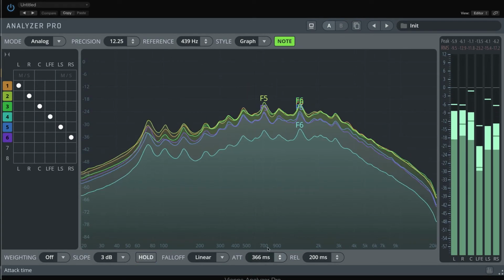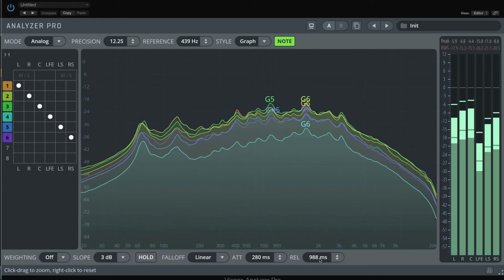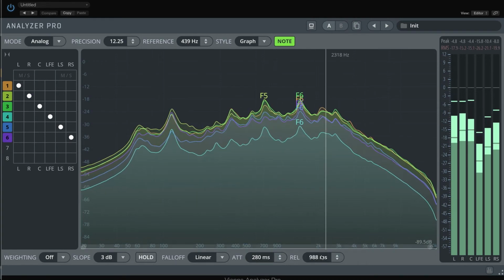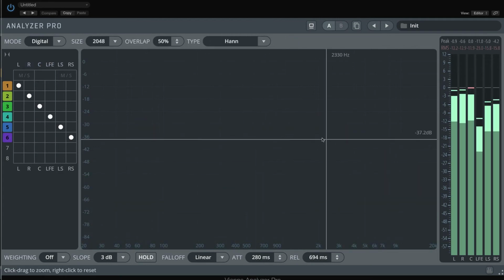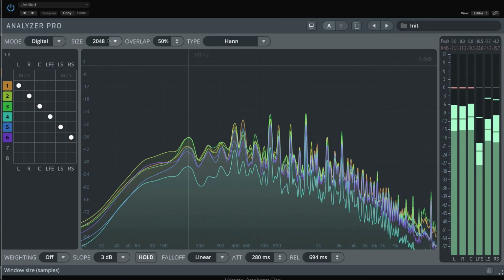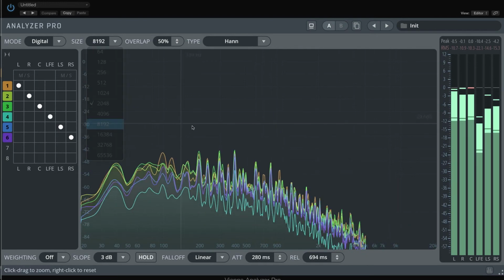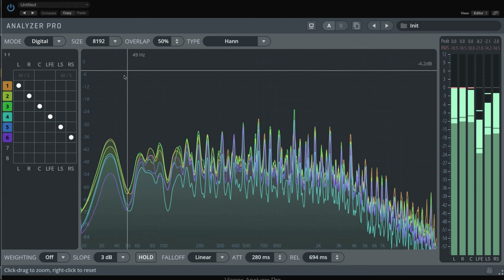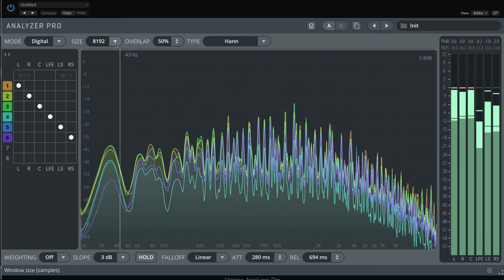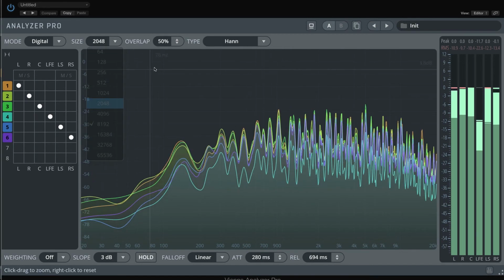If you prefer a digital mode, the settings will change accordingly. You can change FFT window size and overlap. Larger window sizes will give more accurate readings for bass frequencies, but will make the update rate of the analyzer slower. A higher overlap will help to increase the